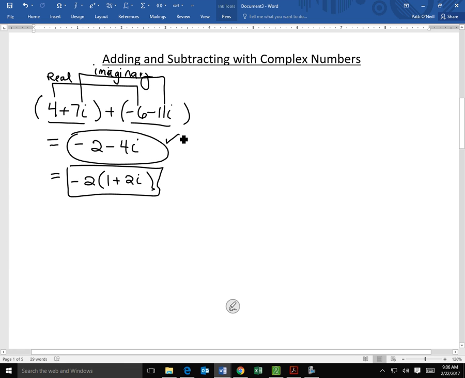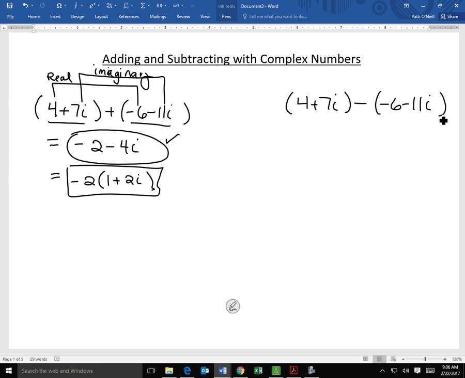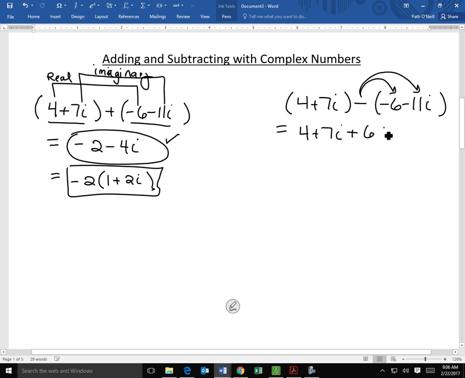Now, when we subtract two complex numbers, say maybe I want to subtract the same two, 4 plus 7i, but minus -6 minus 11i. If you remember from Algebra 1, when you worked with subtracting polynomials, we know that we have to change the signs of the value that's being subtracted. We're going to still work with real parts together and imaginary parts together, but I'm going to do the following. This is going to turn into 4 plus 7i, and I'm going to take this minus sign and I'm going to distribute it through. So +6 plus 11i,